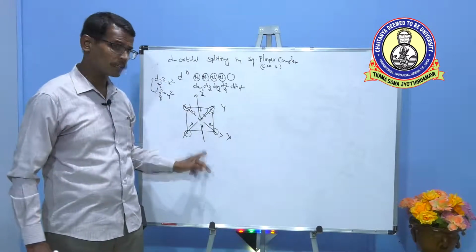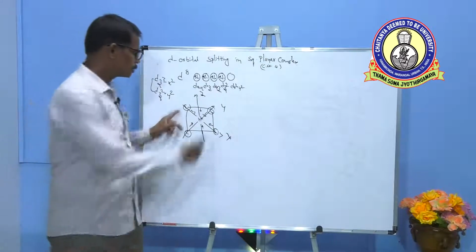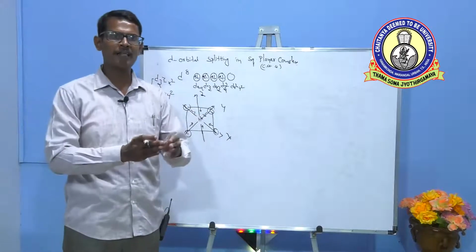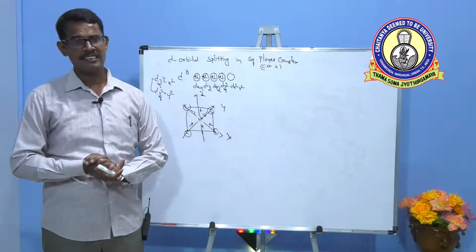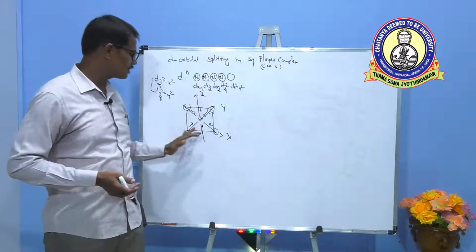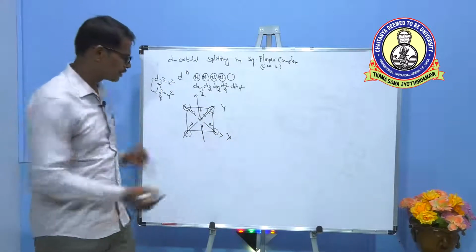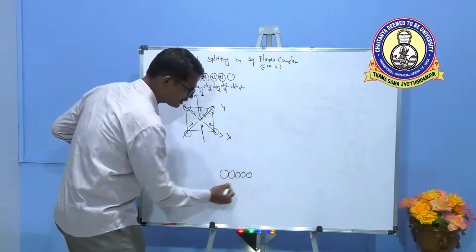It wants to form octahedral, but the z ligands are removed from the coordination sphere because the 4 ligands along x and y move towards the central metal ion more closely compared to the ligands along the z axis. And these are unsuccessful, these are successful in the bonding, forming a square planar geometry. And in a free metal ion, the 5 d orbitals are the same in energy.